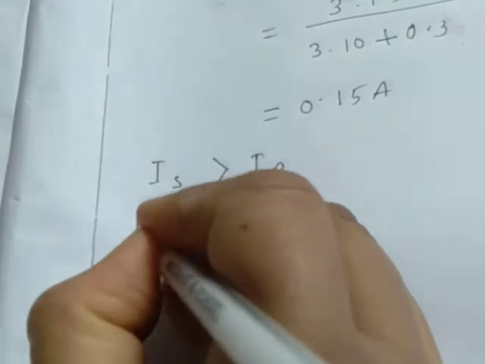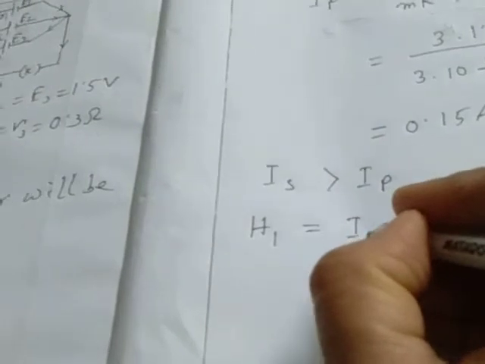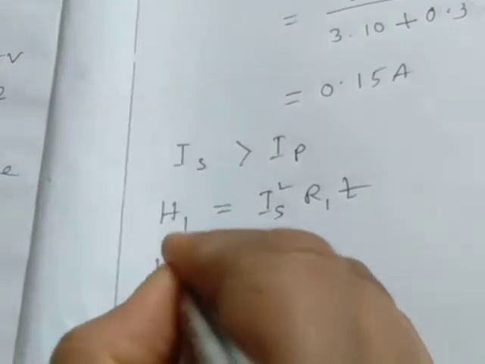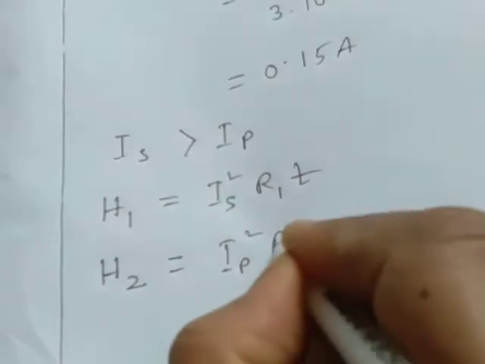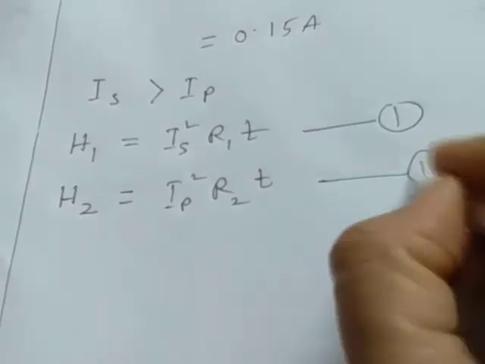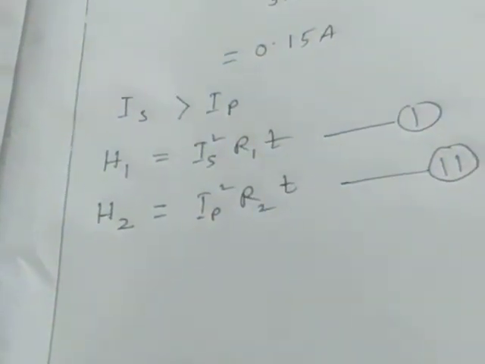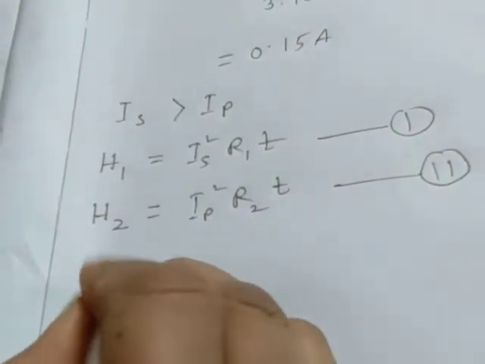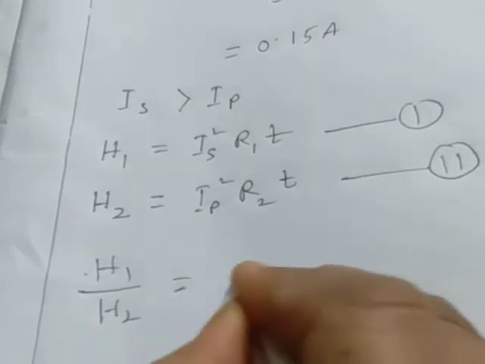So the heat produced through R1, and if it is R1 we will take this as R2. H1 equal to I square R T, that means I_S square R1 T, and the heat produced through R2 equal to I_P square R2 T. It is equation 1, it is equation 2. Here we have to make the comparison, that whose resistor will be more heated. So we can make a ratio H1 by H2 equal to